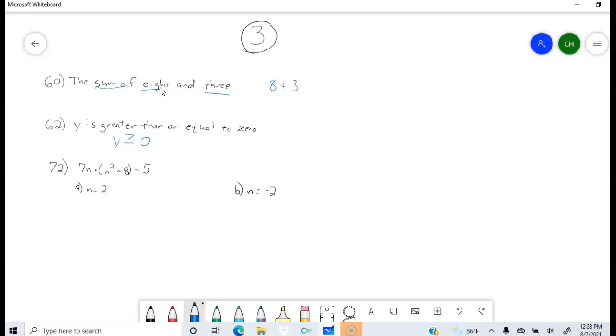Number 72 wants us to evaluate the expression at each value. So there's two different problems here. On A, n is equal to 2. B, n is equal to negative 2. One thing that you'll see I do all of the time is when I substitute, I'm going to put the variable in parentheses so I can keep up with it. So I know it's going to be 7 times, I'm replacing n with 2